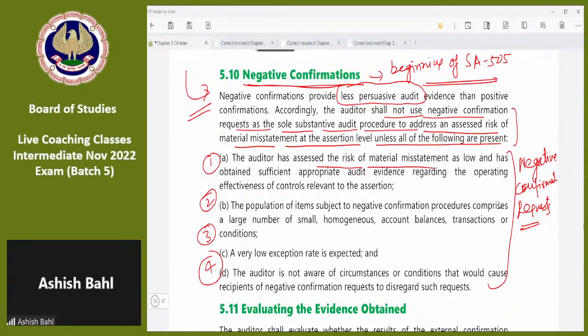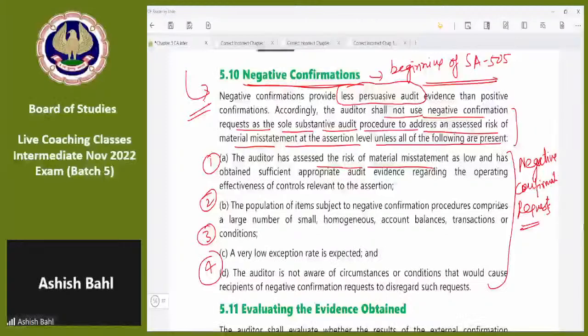So I might feel that it does not affect me whether the other party replies or not. And the number of parties is also very large. So I might be feeling that there are thousands of parties. So if I send a positive confirmation request to every party, then it would be very difficult for me